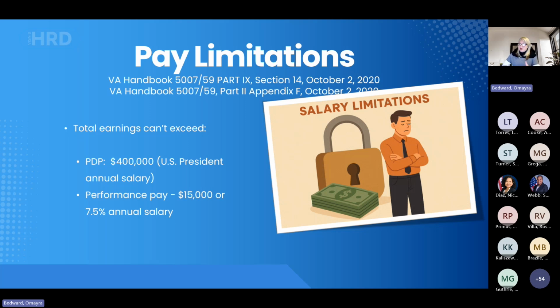Now, it has an additional note. For part-time employees, the actual earnings, which their annual pay is prorated, will be considered when determining whether this aggregate pay limitation will be exceeded. I just bring that up so you can at least have it on your radar that all these salaries, all this pay that the person can receive, all count towards that pay limitation.